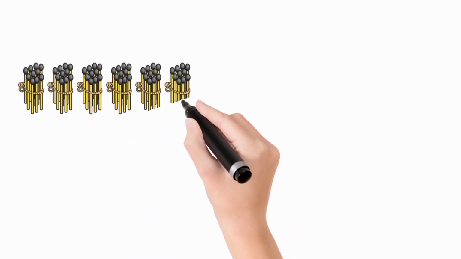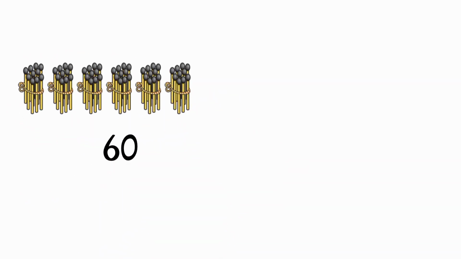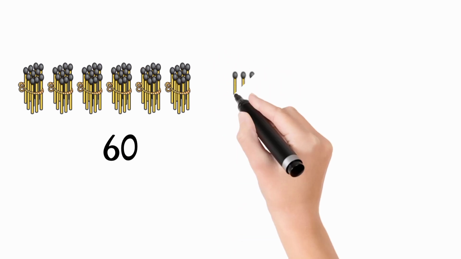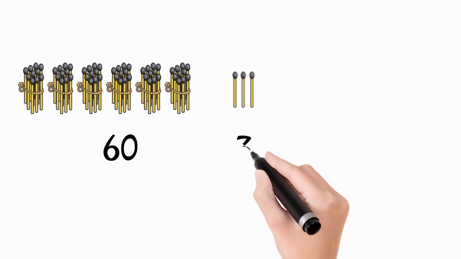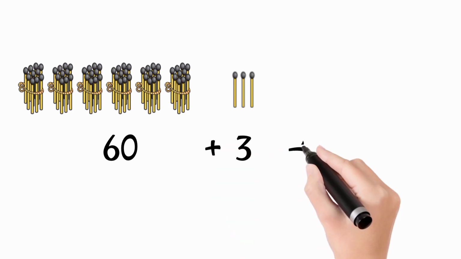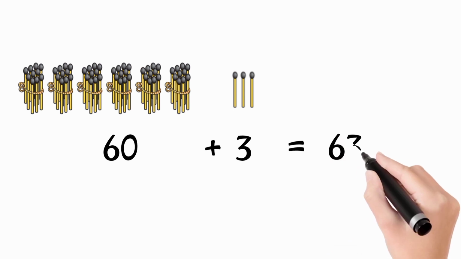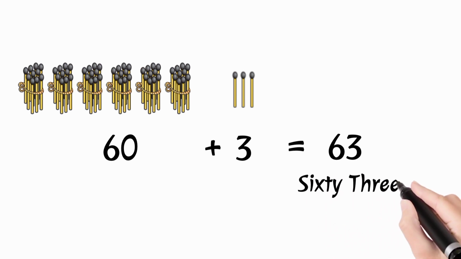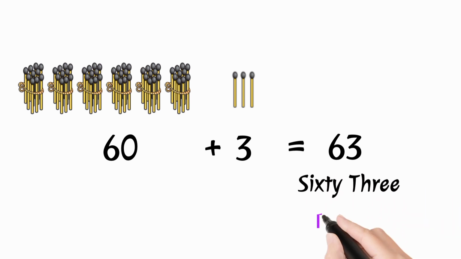Here we have 6 bundles means 60 and 3 loose matchsticks. So 60 plus 3 is equal to 63. 6 tens and 3 ones, 63. इसे 63 कहते हैं।